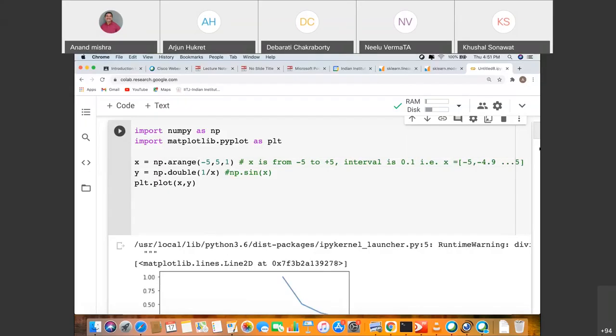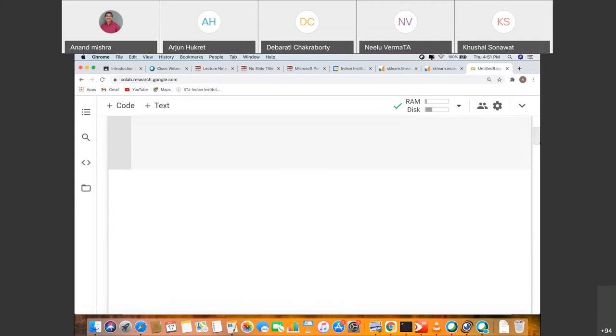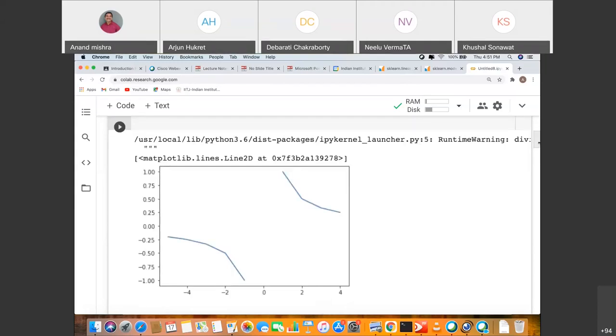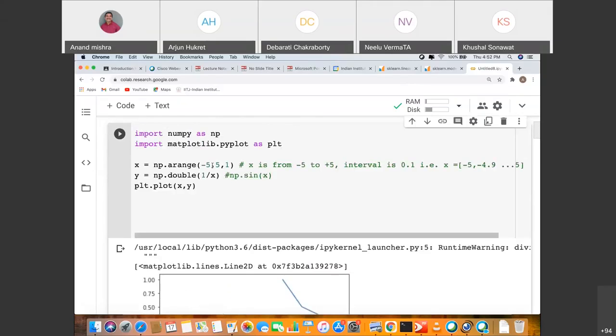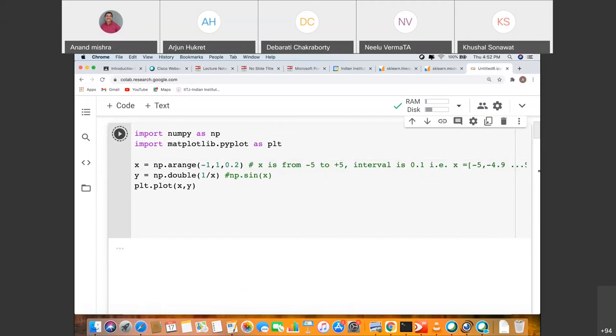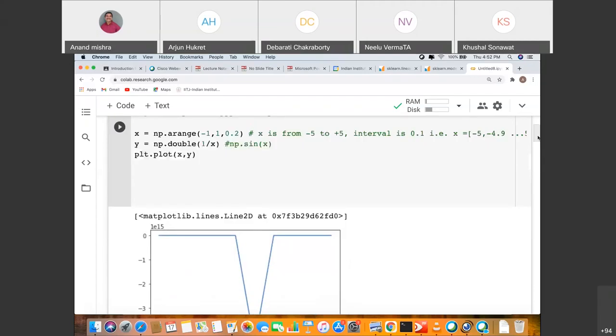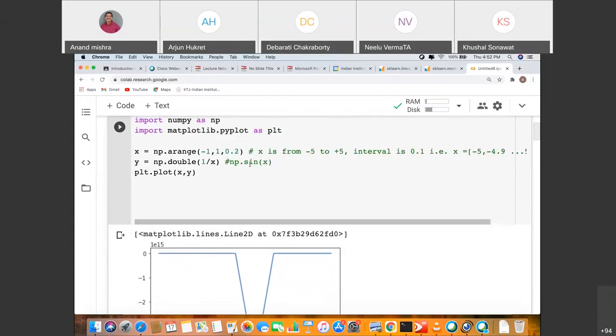Yes, sir. So try making the range of input as -1 to 1. Hope we get a better graph. So we can increase the step size to 100, then we can get a bigger value. Step size should be great, like try using 100.